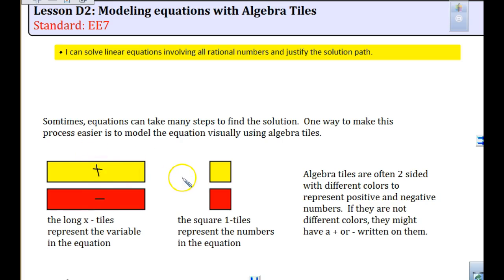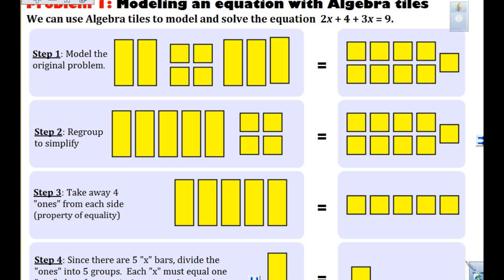So when we're using positive and negative ones, same thing, the green. So if you have the yellow on here, those are the positive for the small ones, and these are the negative. So these stand for your ones, okay? Both of them have 2 sides as you look at those, okay? So here's how we could model this problem. So right below this in your notes, I don't want you to model this right now, but I want you to take a look at it. Ours were green, but this would be,